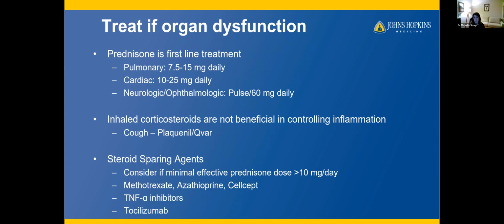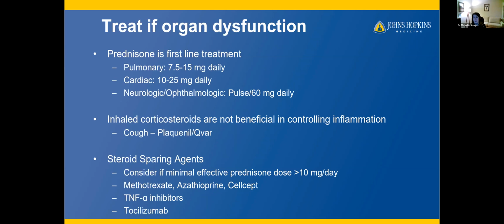Prednisone, as I mentioned, is our first line treatment. For lungs, this is not the 100% rule, but I would again say the 95% rule. Most individuals who have pulmonary involvement and just pulmonary involvement, we can often control their disease with 7.5 milligrams to 15 milligrams of prednisone. And I put that in there because I know a lot of patients that I meet for the first time are unfortunately put on just super high doses of steroids for a long time and have really bad side effects. And so it can be a challenge and a discussion of finding a dose that they're willing to take that can control their inflammation.